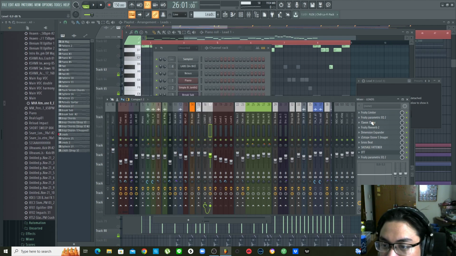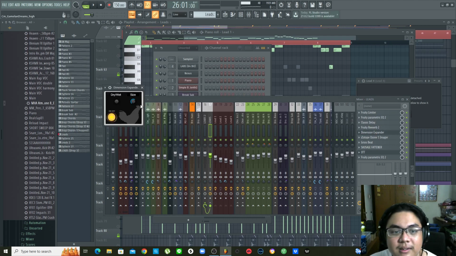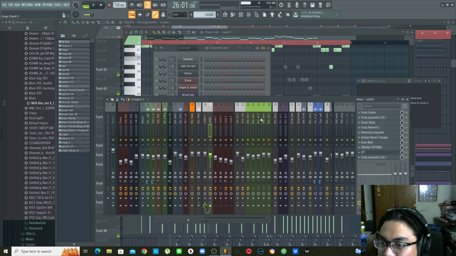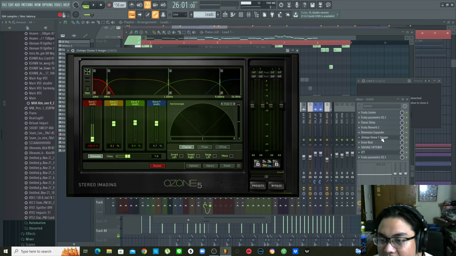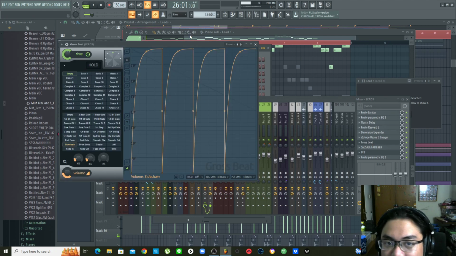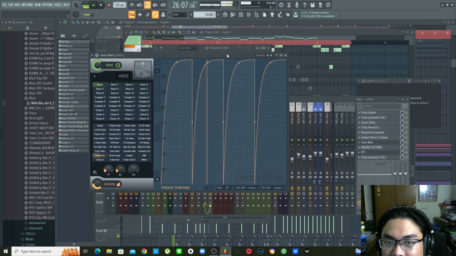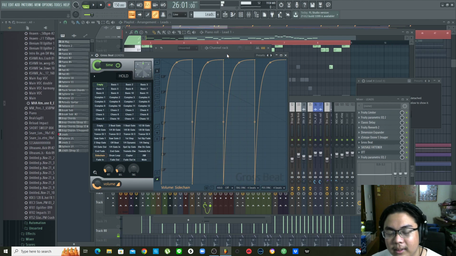Then the delay, reverb, dimension expander, which again it's not even on. I don't really know why I did that. Ozone imager to make it wider, and Gross Beat for like a little bit of a pumping effect. This isn't exactly how I sidechain it. I'm gonna get to the sidechain part later, but this is just to add a bit of movement